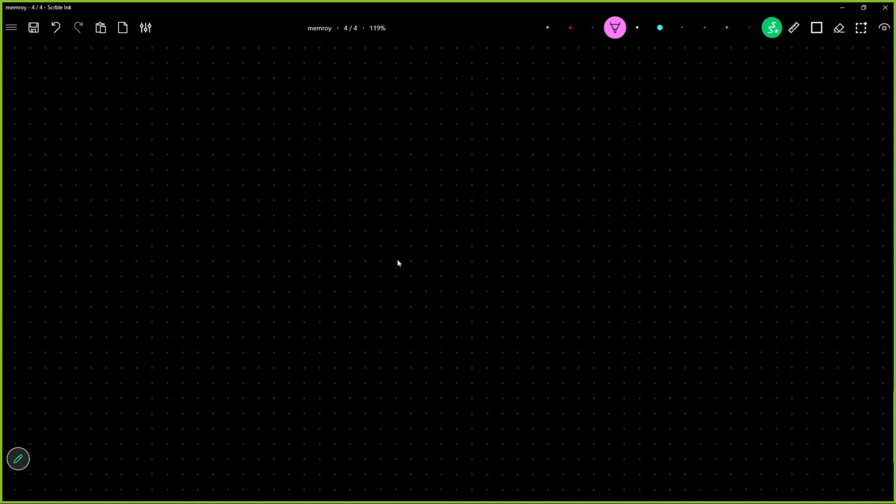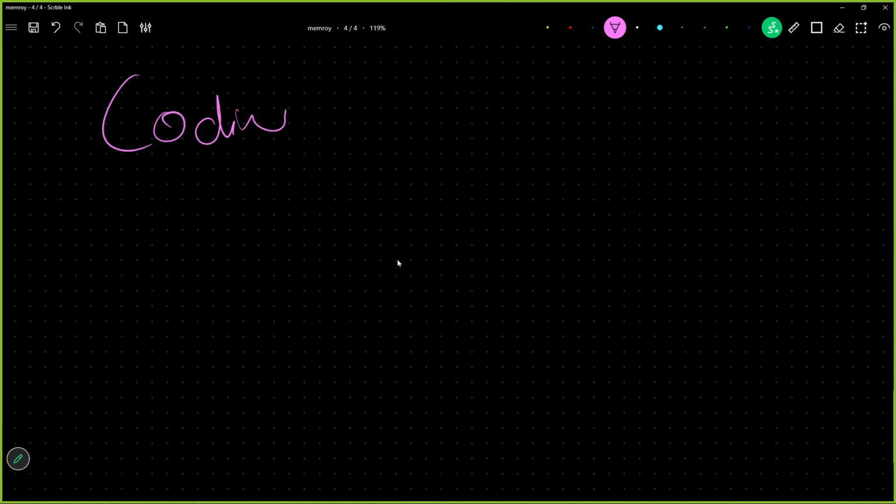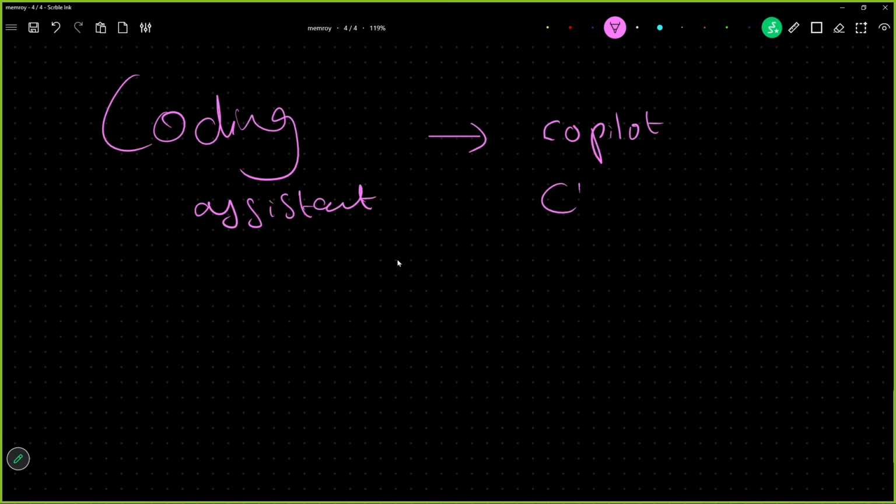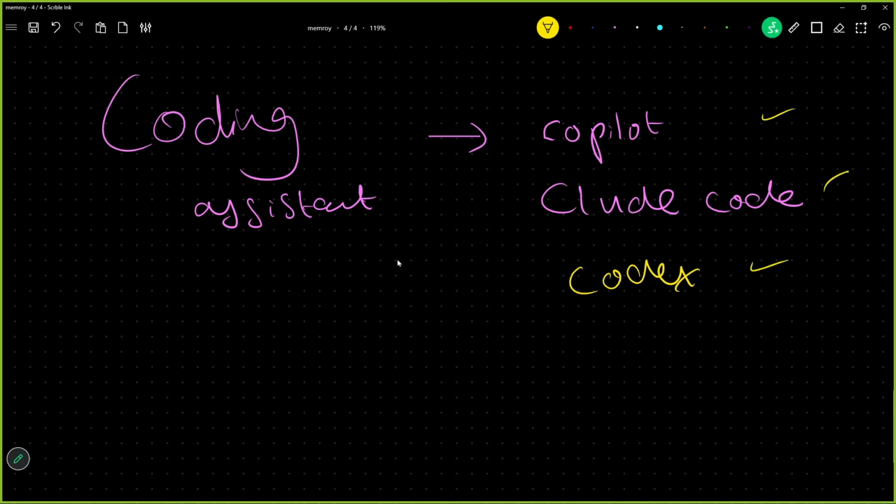Why? Because let us take an example of a coding assistant. If you talk about some coding assistants like GitHub Copilot or Claude Code, or there is something called Google Anti-Gravity as well, or Codex, there are a ton of them. Now how they work is, they don't take an image, they don't take a text, or these small things as input. This is already there. The user will give input in these forms only: text, image, etc. But a bigger thing which they take is a folder.